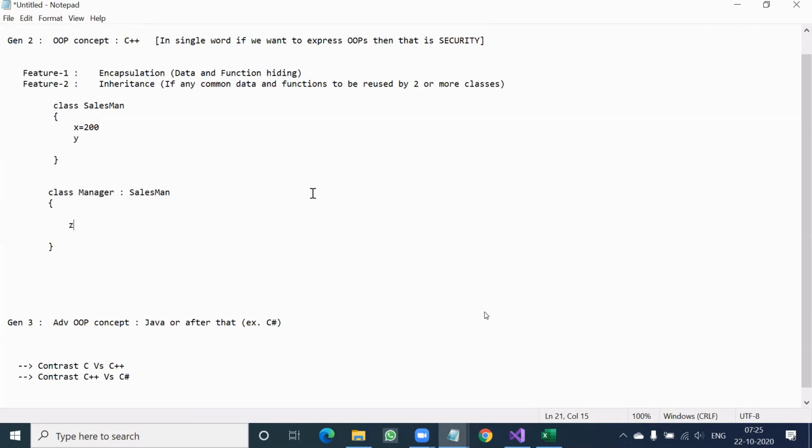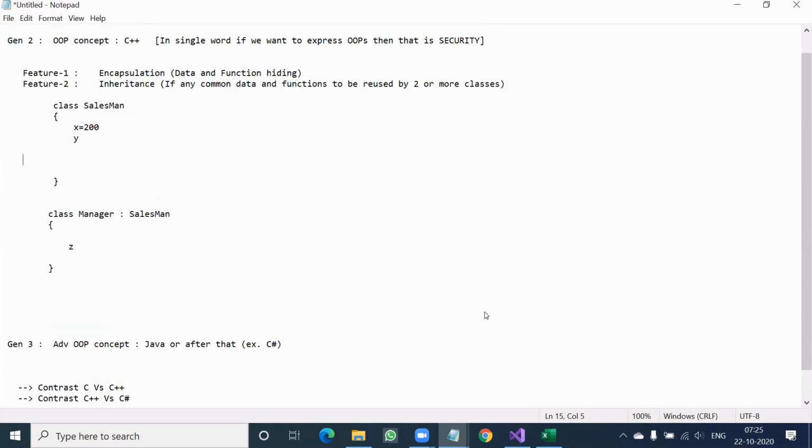Then they got some trouble in inheritance. As of now, inheritance was not there. That's why here one functionality was there, something like display name, suppose.